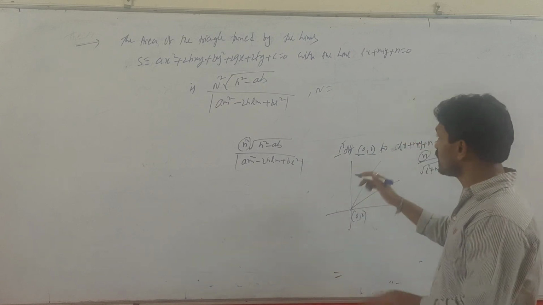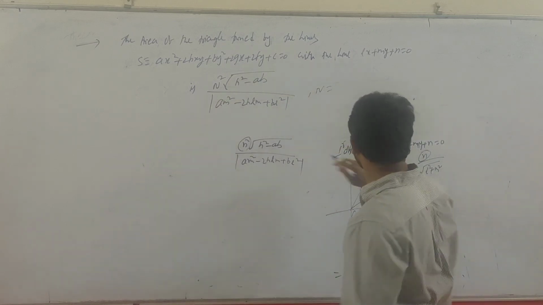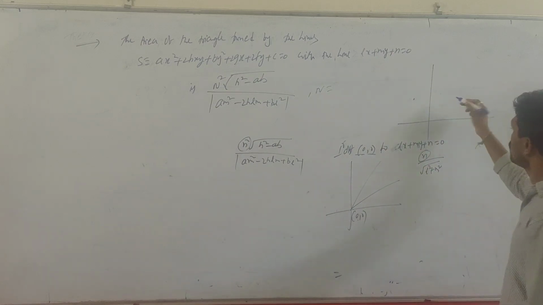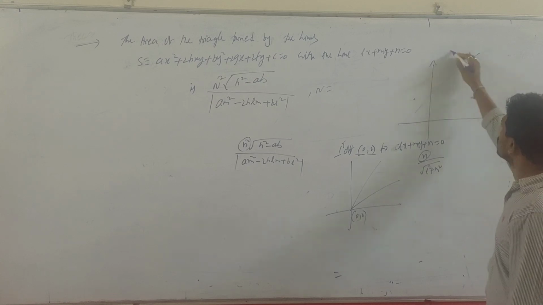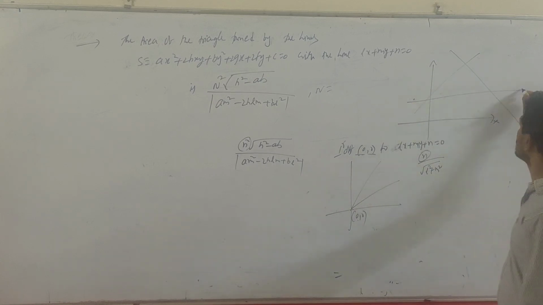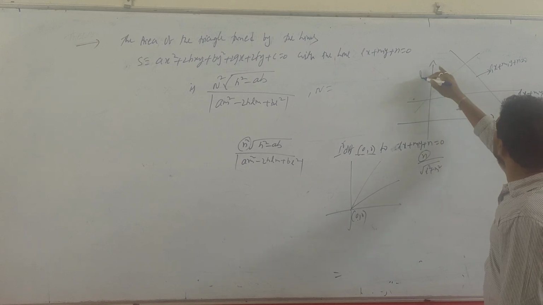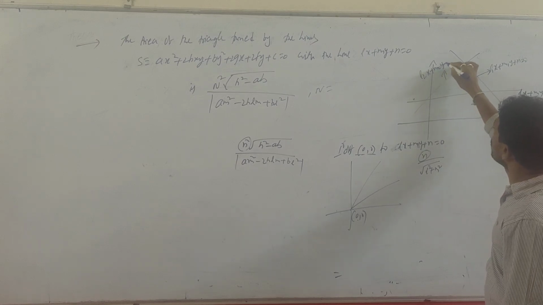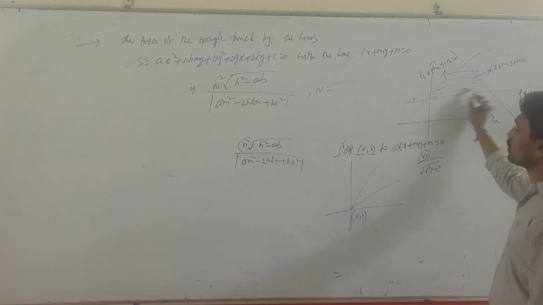Same here also, if you observe like that, this n is nothing but, let us take these are the two pair of straight lines which are not passing through origin. Those may be like this. This is x axis, this is y axis. Those two lines may be like this. And the line is Lx plus My plus N is equal to 0 here. This is one line. Let us take L1x plus M1y plus N1 is equal to 0. This is another line, L2x plus M2y plus N2 is equal to 0. Now we have to find out the area of this one.